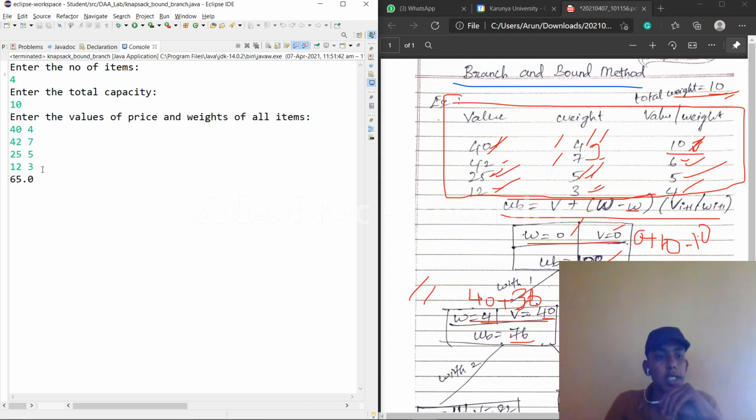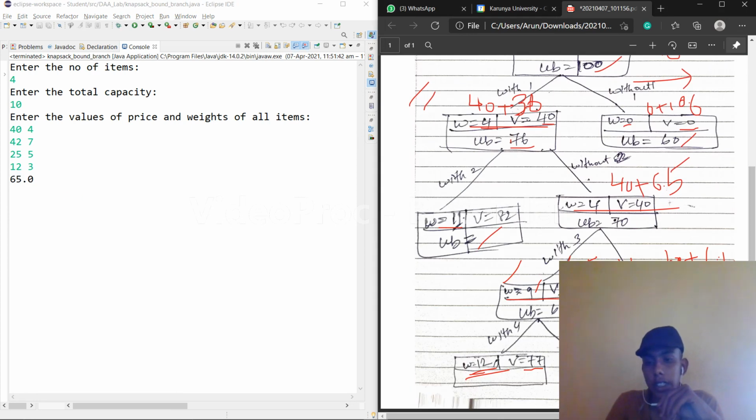So our answer is 65, which is the greater one determined by this method. So 65 is the answer.